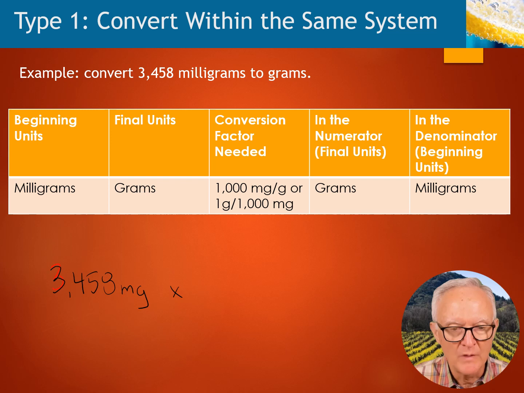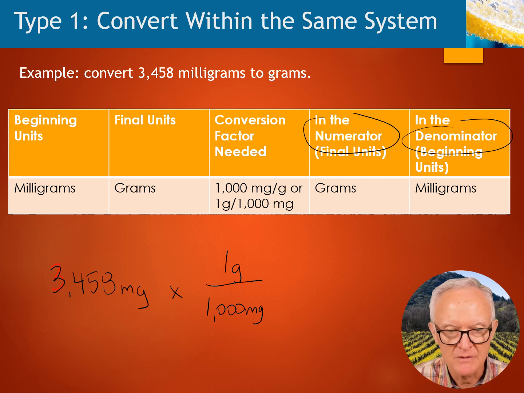And we said we need grams in the numerator. All right, so we know our conversion factor relates 1 gram to 1,000 milligrams, and the milligrams go in the denominator, right? So numerator's grams, denominator's milligrams. And we just do the math then, and we get